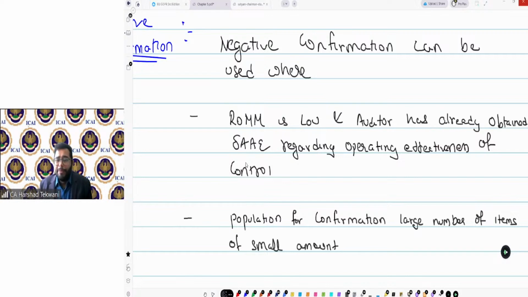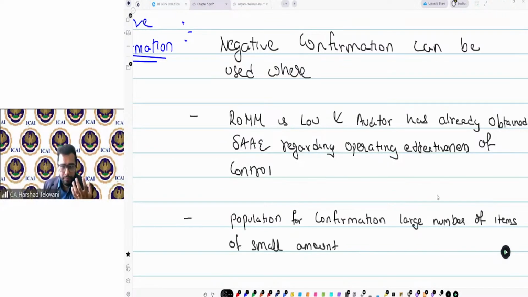So at a particular point in time, there will be huge data, huge. But will you send confirmation to each and every user, asking them to please confirm rupees 500? Do you really think the user is going to confirm your balance in that case? The answer is no. Practically, he won't confirm.